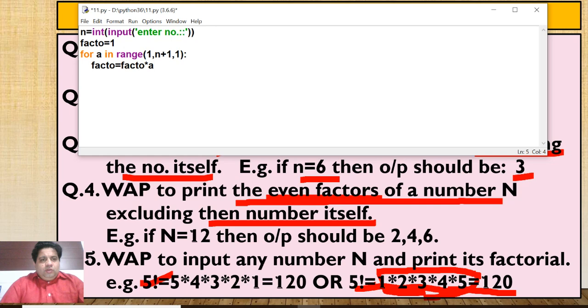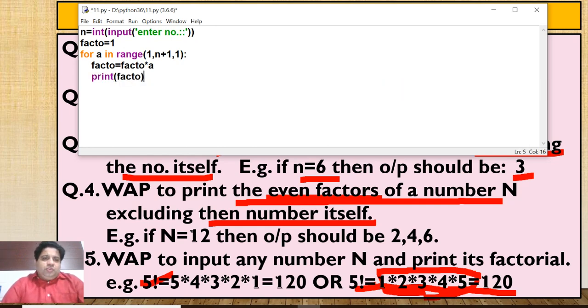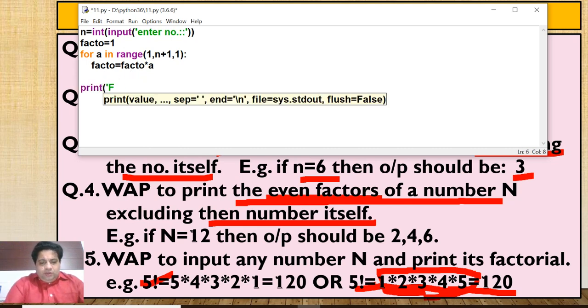Now, is it giving single line output or multiple line output? If you write print here, you will get multiple line output, which is logically incorrect. So you have to write print outside the loop because only single line output is needed. So print factorial equal to facto.